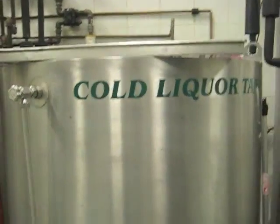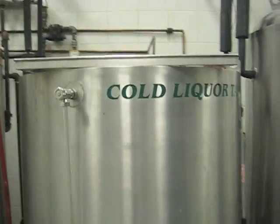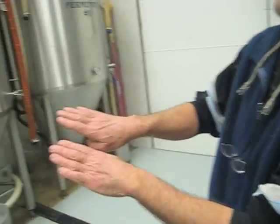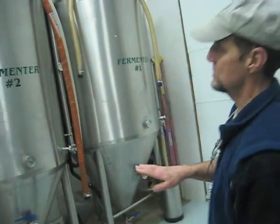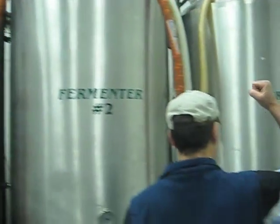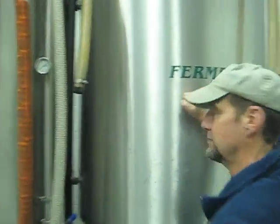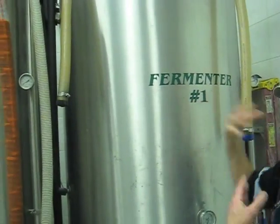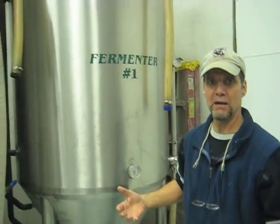So I've got a tank full of cold water here called the cold liquor tank. That must be Fred. Right, yeah, it's water. Just water. Right. So how did the French get their hands on beer naming? That's really what I want to know. Those two fluids go by in the heat exchanger. One gets hotter, one gets colder. So I can set the temperature and come out here at about 70 degrees. So I add the yeast to it, and then the yeast start multiplying, and they make flavors,